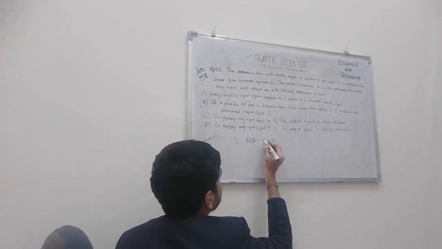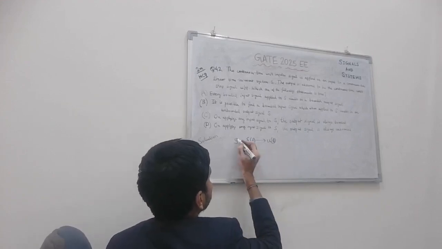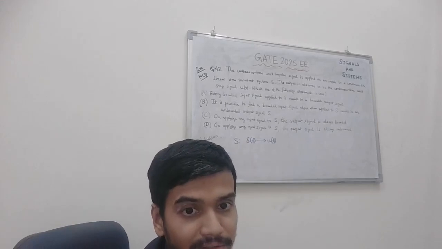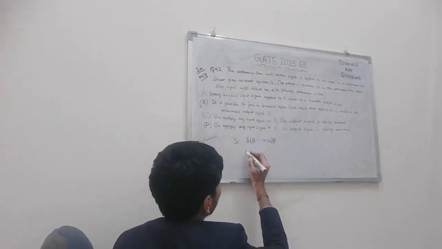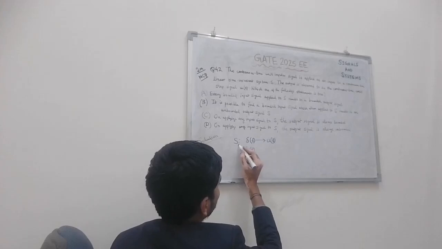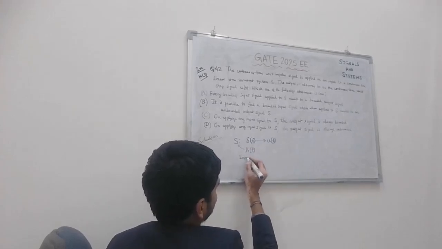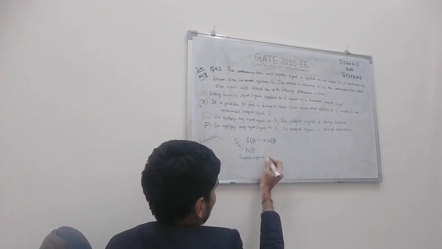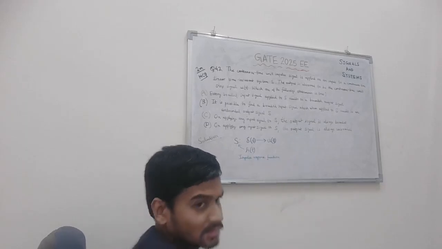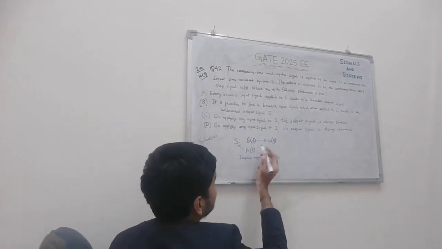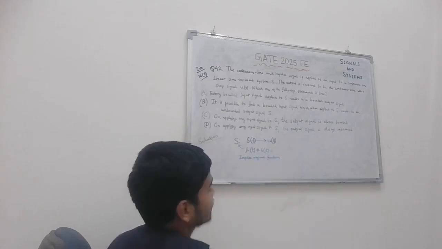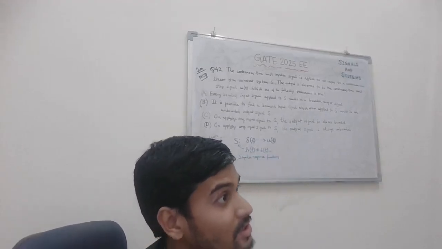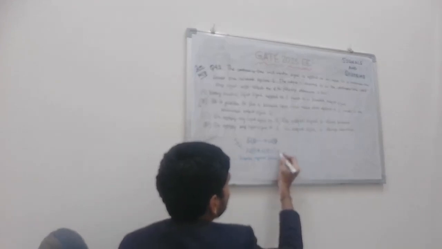Delta t produces u of t. Now, the impulse response function, let's say it is h of t for this system S. Now h of t is convolved with delta t. What do we get? Any function when convolved with the unit impulse function gives the same signal, in this case h of t.